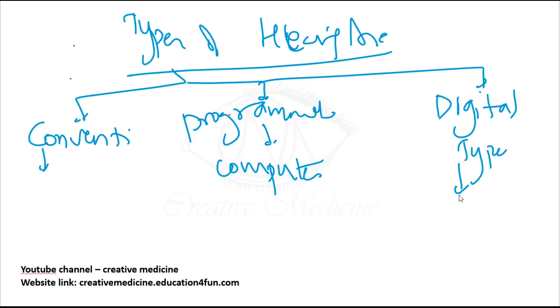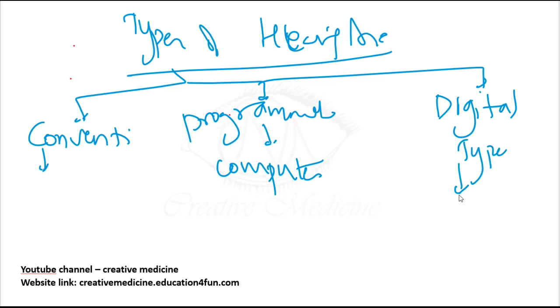So the conventional type will increase the volume of all incoming sounds with minor adjustments. Each and every sound that is received by the ear will be amplified in the conventional type. In the second type, the programmable type, we can program on the computer and have some flexibility for adjustment. Like if the person does not like loud banging sounds, he can decrease their amplitude and amplify the preferred sounds with a computer. That is the programmable type of hearing aid.